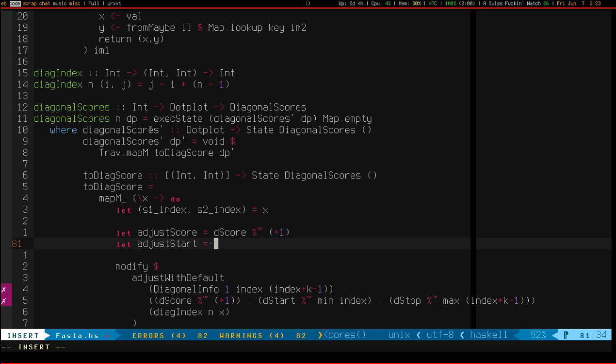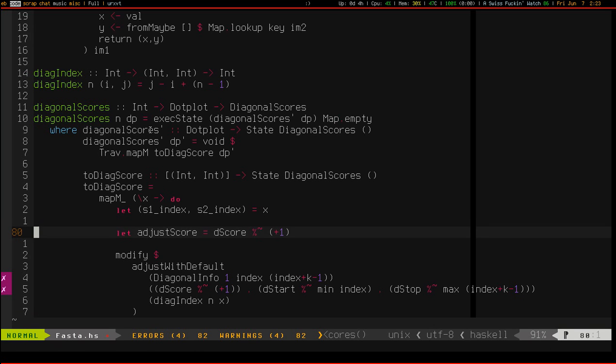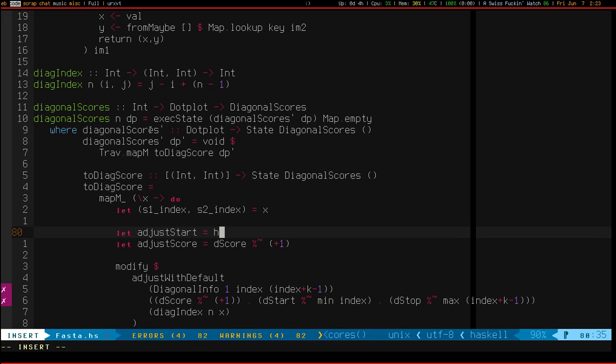So there are actually two starts to adjust here. There's the start of S1 and the start of S2. So let me rename this adjust start 1, and that's going to be